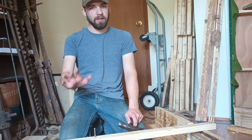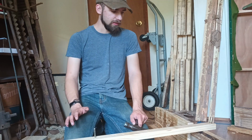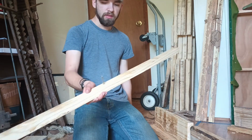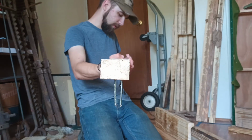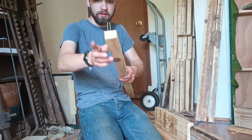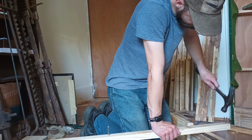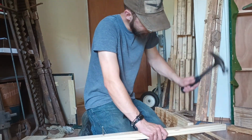In some areas you might have to pay for them, but using reclaimed pallets like this can be a decent way to get some somewhat decent lumber for your layout. Like these were the top braces on the pallet, or the ends or something like that. Of course, the only drawback is, as you can see, you're going to have nails. So you just need to simply pound them out, which, depending on how many you have, can be a time-consuming process. But once you get quick enough at it,